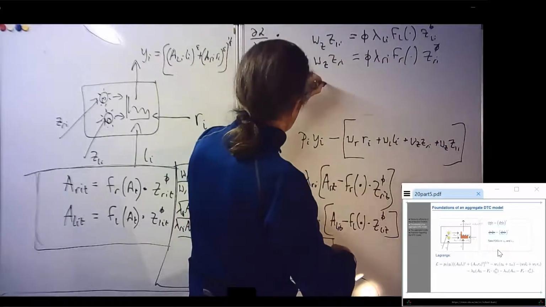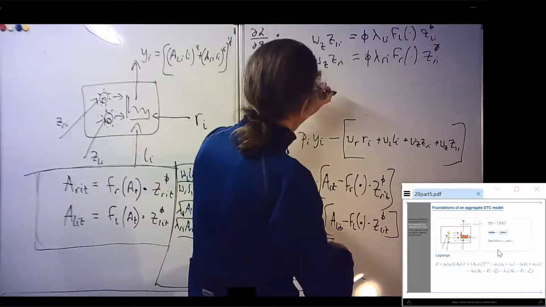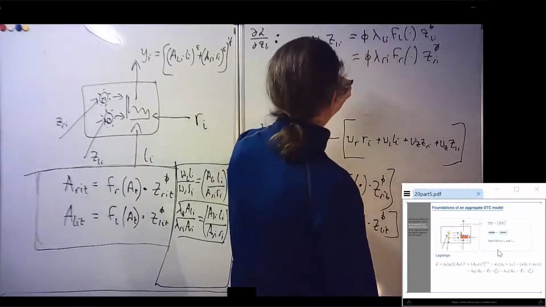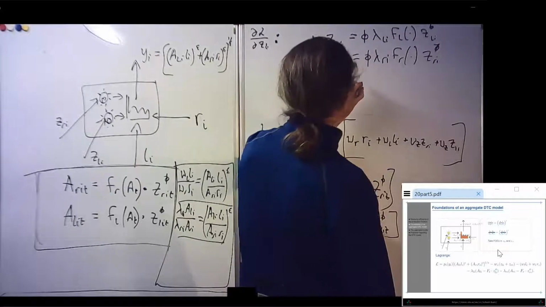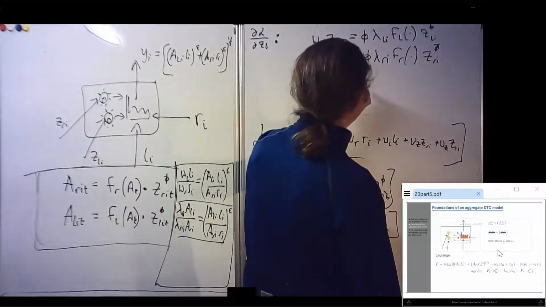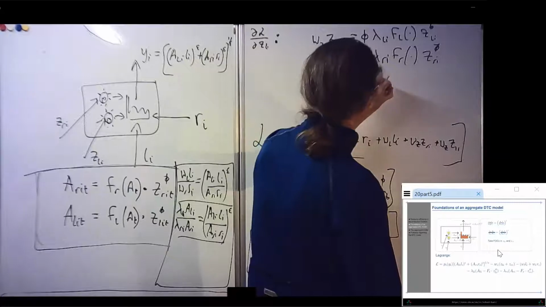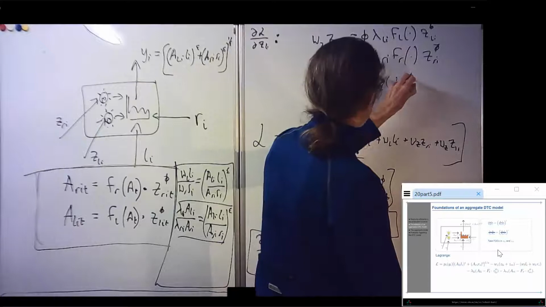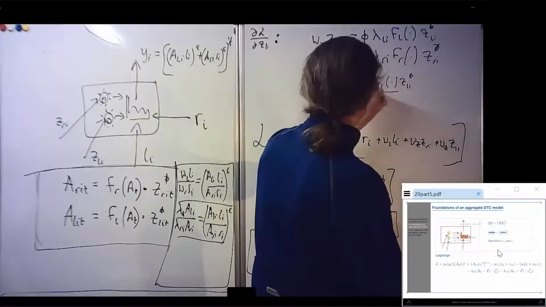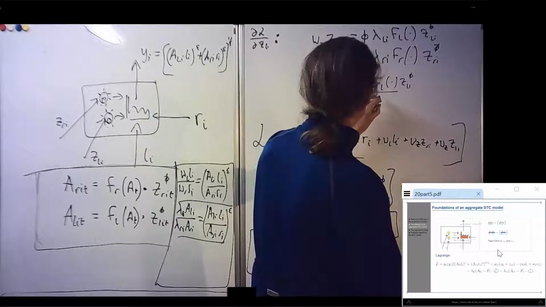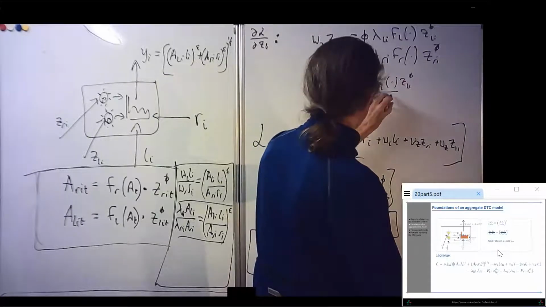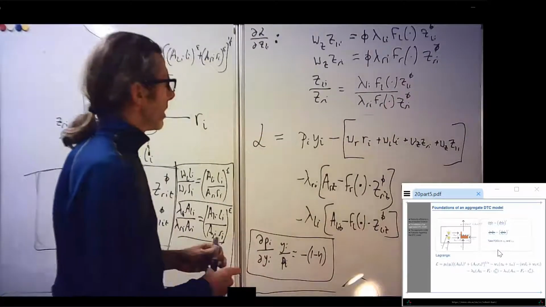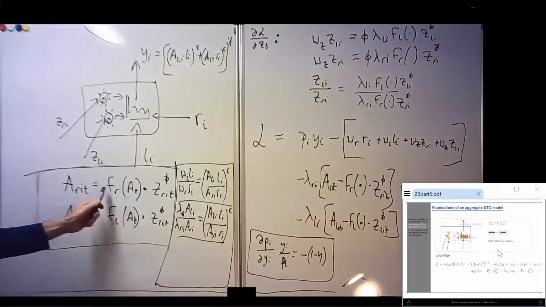So we get ZLi over ZRi, the phi's go out, and then we get lambda Li, FL, ZLi to the phi over lambda Ri, FR, ZRi to the phi. This looks a bit messy, but then we notice, wait,